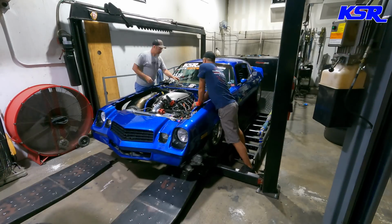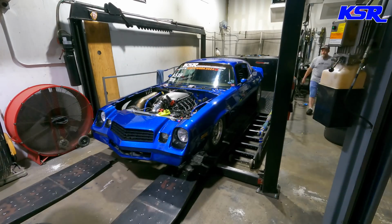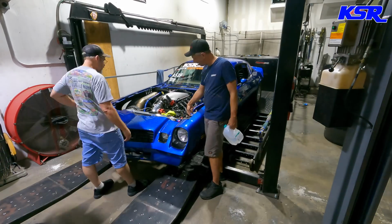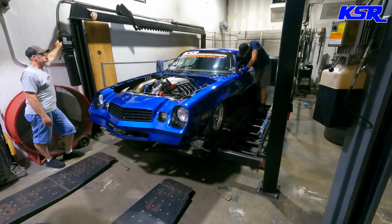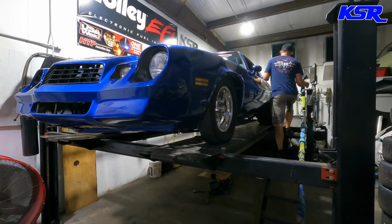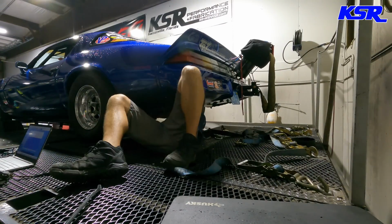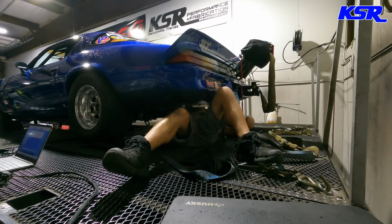Now, not every car is like this, where we are installing a fresh set of spark plugs before we load the car up onto the dyno, changing the tune to put it on alcohol. There are cars that we do this with, like the more serious turbo or supercharged or even nitrous setups that we do. Those need some kind of maintenance, or let's say preparation, before they get